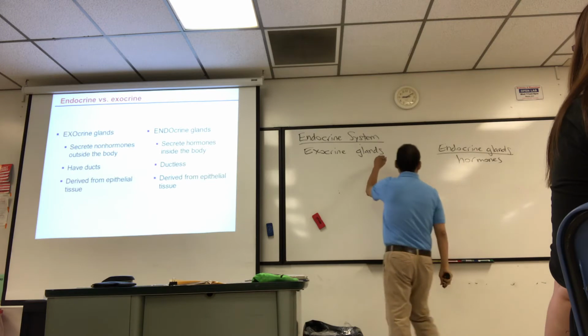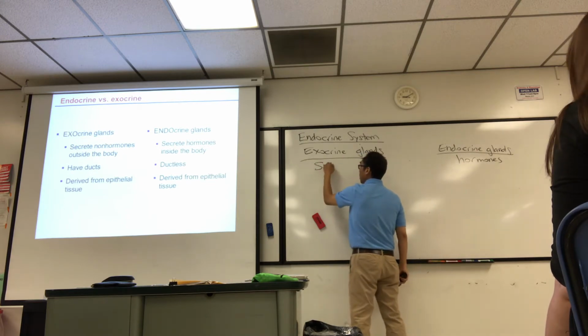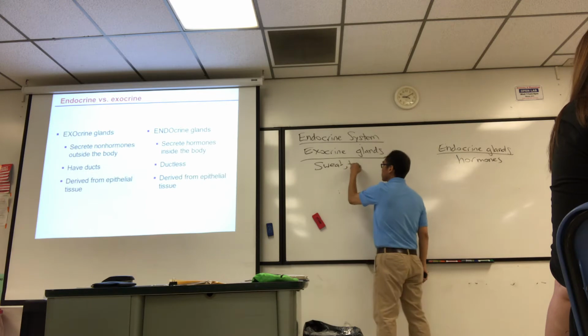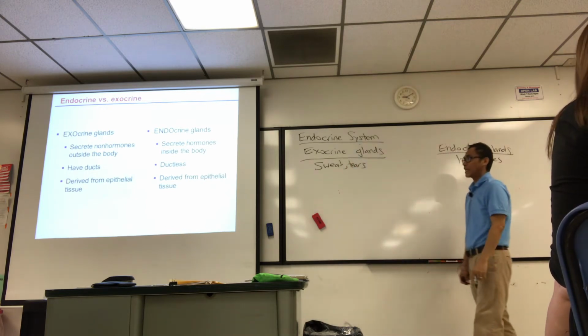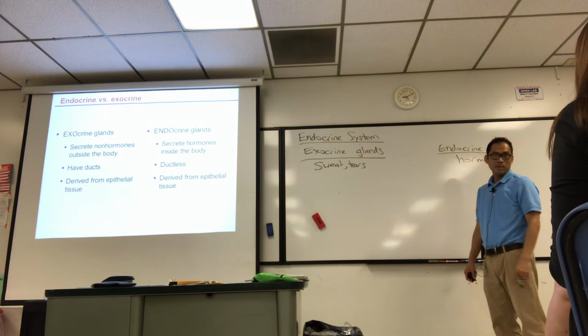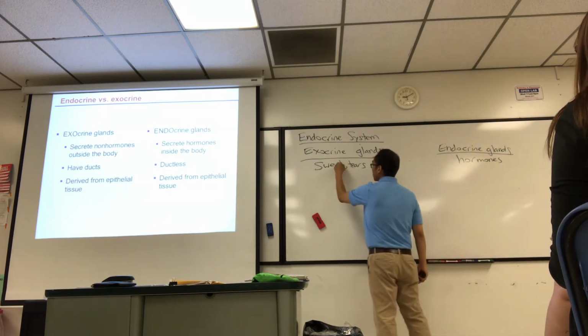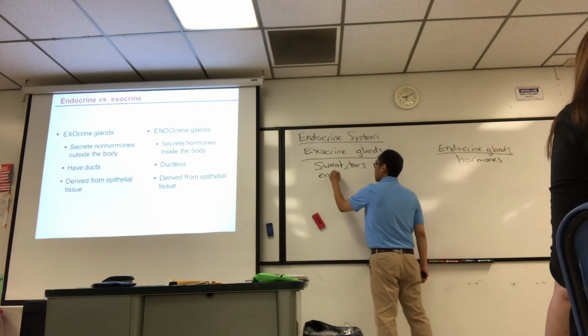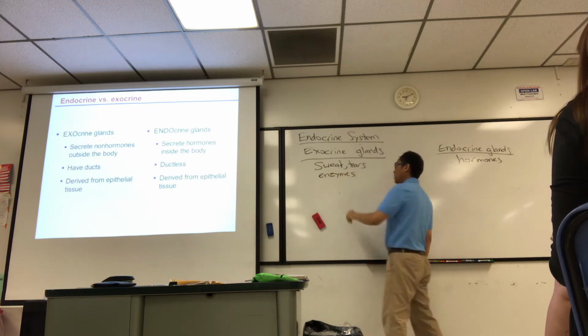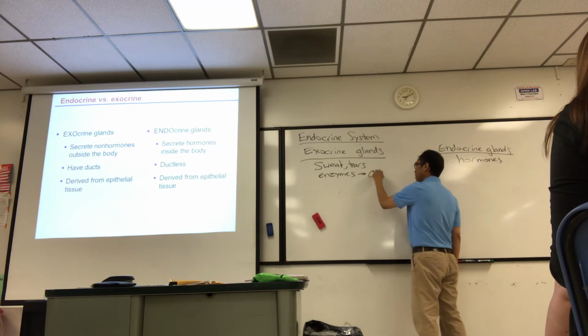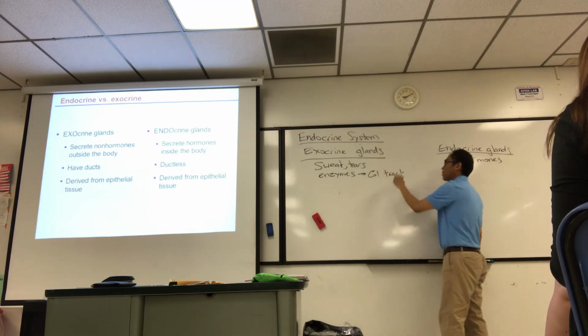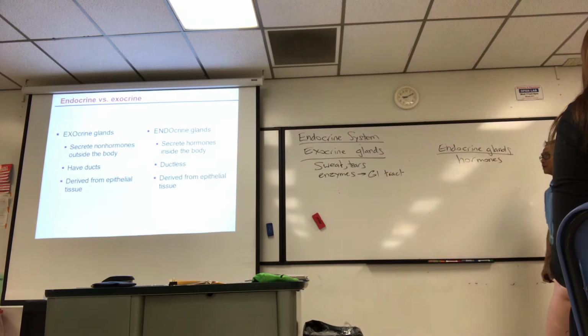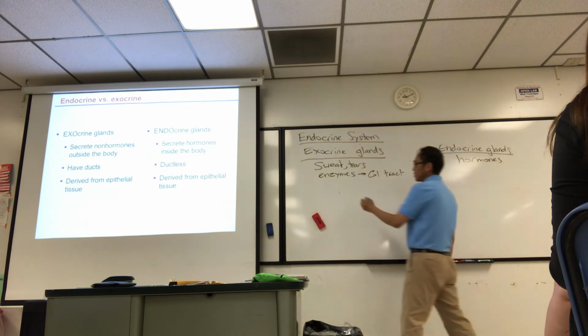But exocrine glands, they'll secrete things like sweat, tears, right? Exterior to the body, like on the skin surface or something. Or sometimes enzymes. Sometimes they'll be secreted into the GI tract, the digestive tract. So those are examples of exocrine secretions that are glands that don't secrete hormones. And exocrine glands always need a duct to the thing they're secreting into, whether it's the stomach or onto the skin surface. So these have ducts,